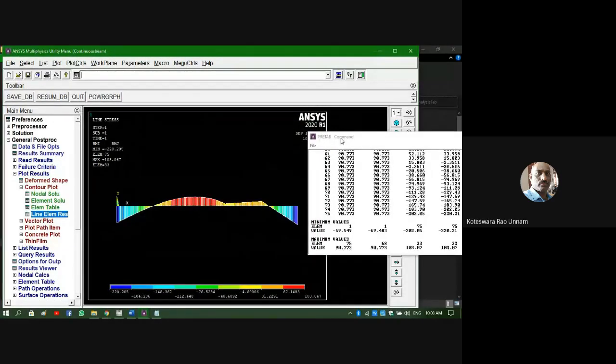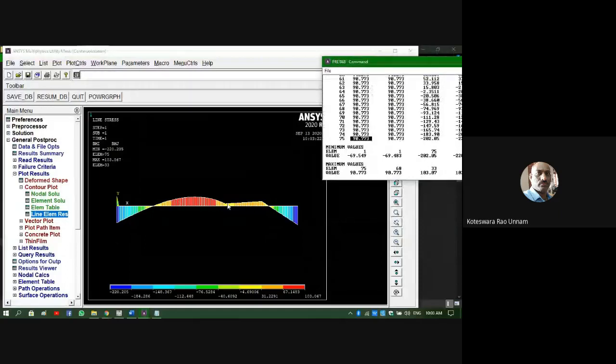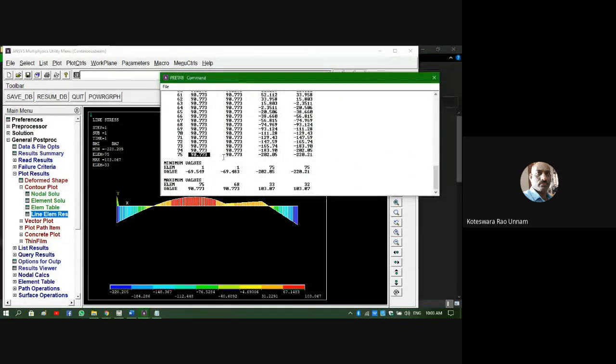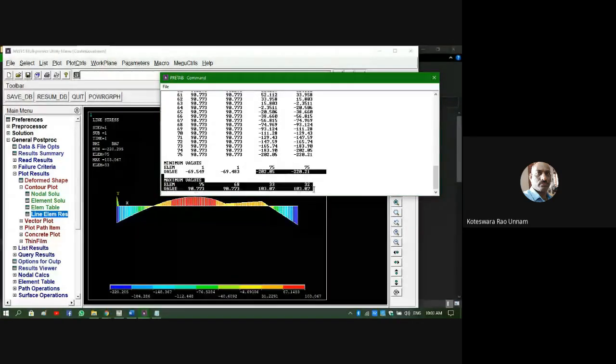See, this is going to be the bending moment diagram you are going to get from this one. Okay, so in this, if you want to pick what is in the table, you need to pick the maximum value and the minimum value. You can see here the minimum value, that is a negative value, and a positive value also you are getting here.